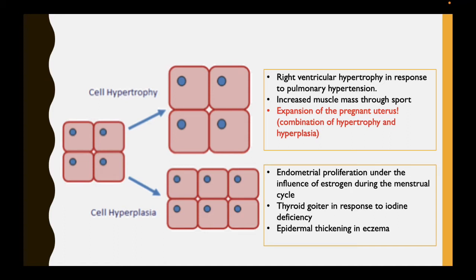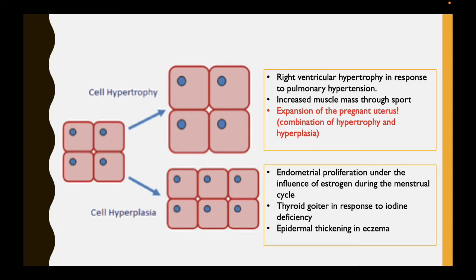So, in an attempt to adapt to this pulmonary hypertension, the right ventricle undergoes hypertrophy. So, it increases in its size. Each cardiomyocyte increases its size in order to be able to perform greater work against this pulmonary hypertension. Another example we can see here is the increased muscle mass through sport that I explained previously, and actually an